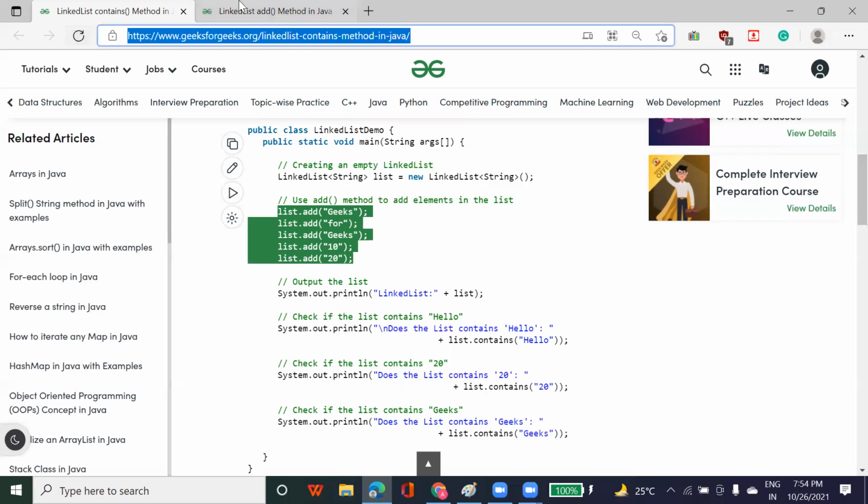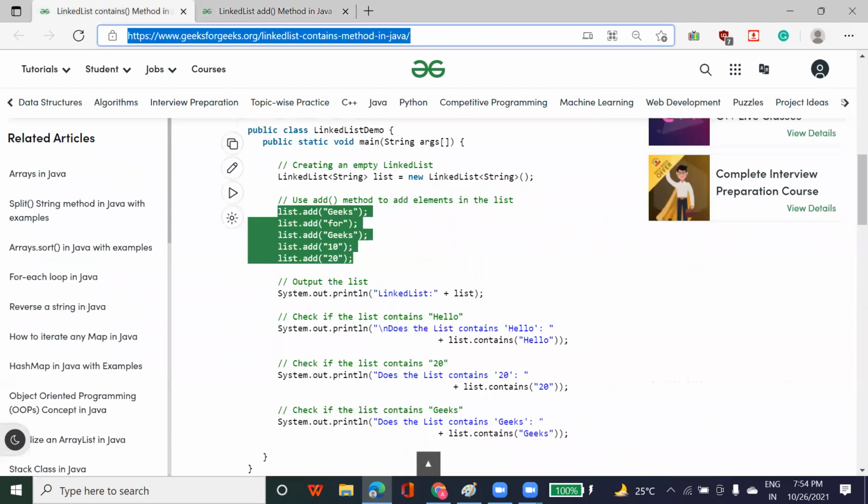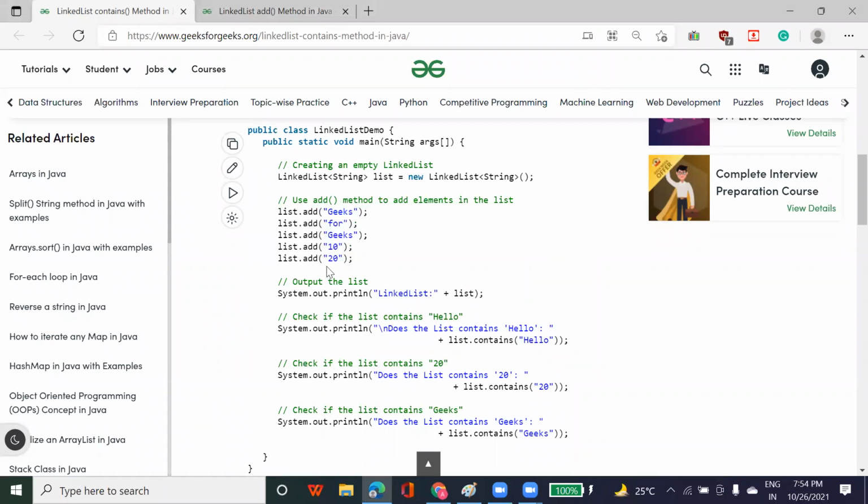So tomorrow I am going to start the vector part. We're going to see vector and all. Do all these three programs that I told you. I've already shared the link in the chat. Please copy this link and go through this program. It's very simple: how to add an element, access an element, the get function, and how to check whether a particular element is present or not. Because in the interview they might give you a problem on how to check an element in the collection, and then you should remember this function. That's why I'm giving you this assignment. Do all three programs. I am going to check every system tomorrow.